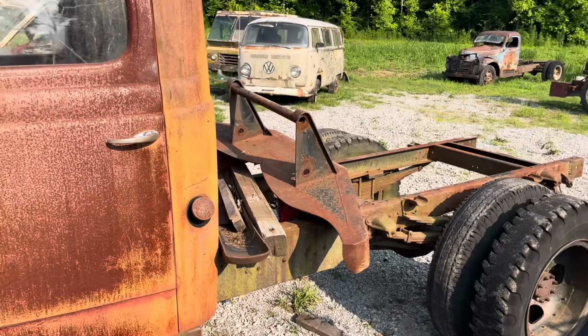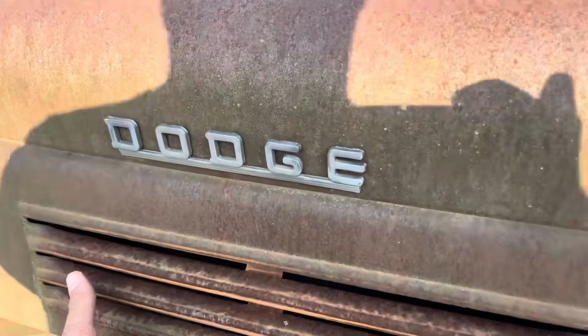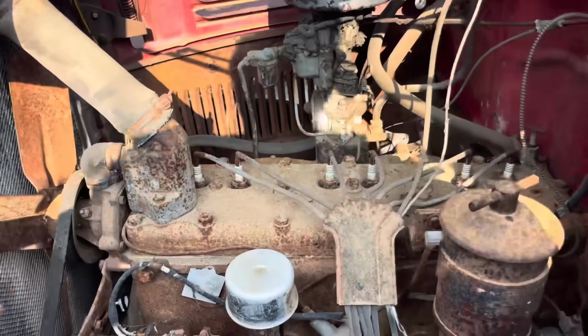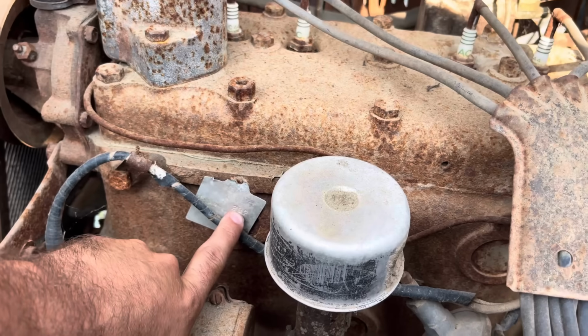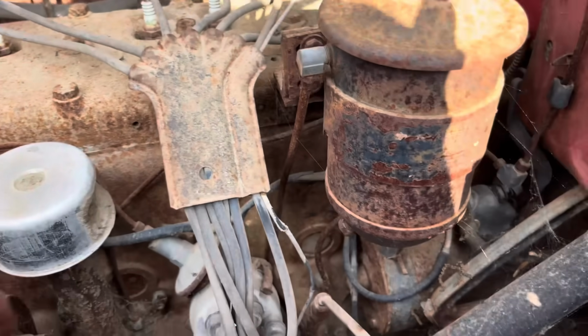He was going to put a 3-cylinder Detroit in her. She does have the good old inline 6, and well, as usual, she is locked up dead solid. It does look like at some point she was rebuilt. I guess she's a 239 cubic inch engine, and this is normally a remanufacturer's tag, and somewhere here should be